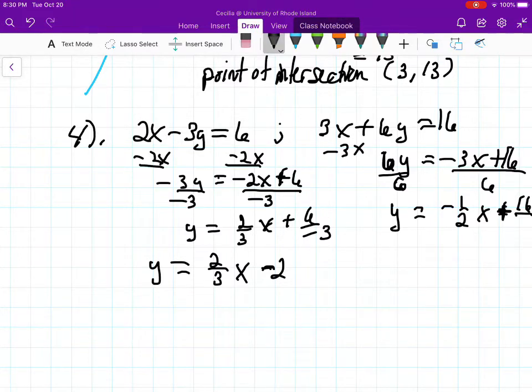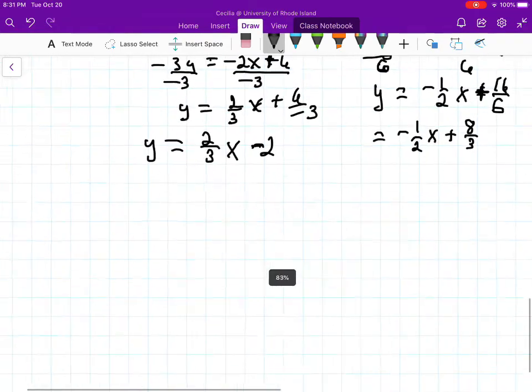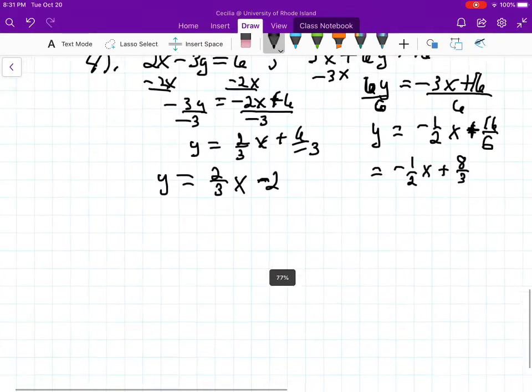There I go. Let me get this cleaner. There we go. 16/6. Okay, and now let's just simplify this 16/6 a little. So we have the minus 1/2 x, and then we can factor out a 2 from the numerator and denominator. Factoring that out, we can factor out a 3. So therefore, now we have our two equations of the two lines that we want to find the point of